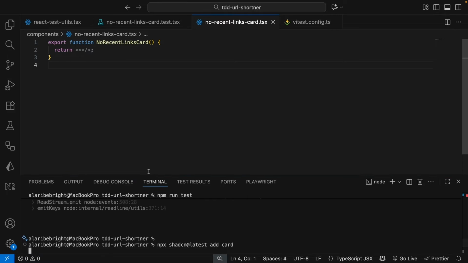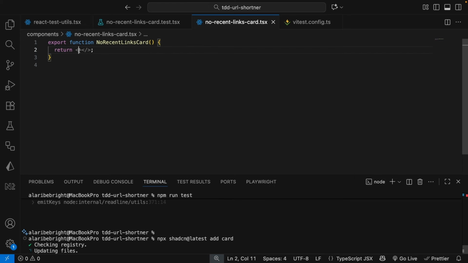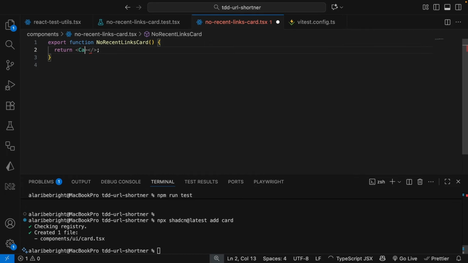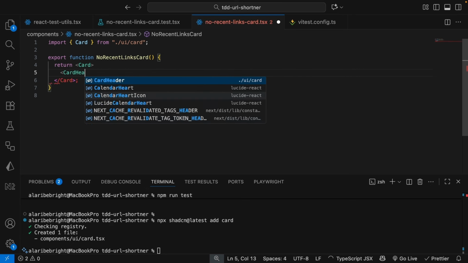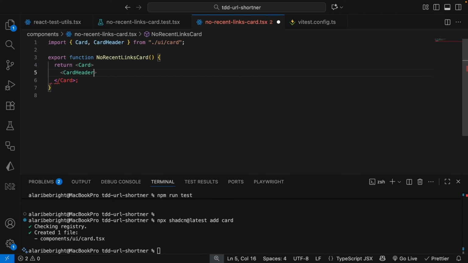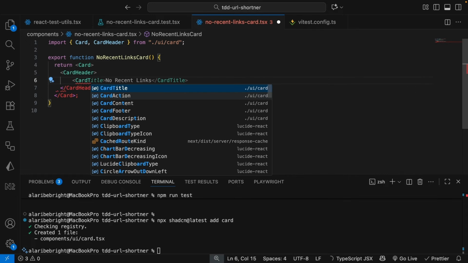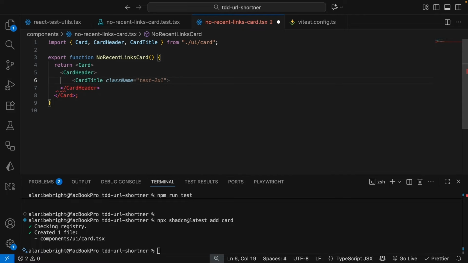So let's wait for it to install, and we can already start making use of it. I think it's done now. So we can bring in the card from the UI card here, and let's also close this up. And inside this card, we're going to have a card header as well as a card title. So here we're going to have our card header, which will come from UI card, and then we're going to have our card title, and this title can say